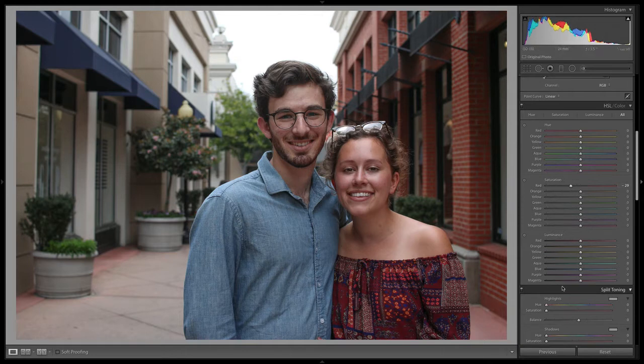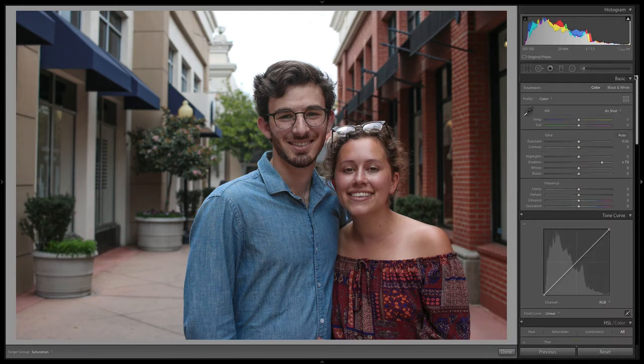I want to bring out some of the colors of his shirt right now. So I'm going to take the saturation slider, click there and bring that up. Now I'm not going to do that for her shirt right here because if I do that, it's going to bring up the reds, and I just dropped the reds to get rid of some of the red in her face. And also his face. He has a little bit of acne, so bringing down the reds quite a bit can help. Now, I don't want to go like that. They become like zombies, but just a little bit is pretty good.